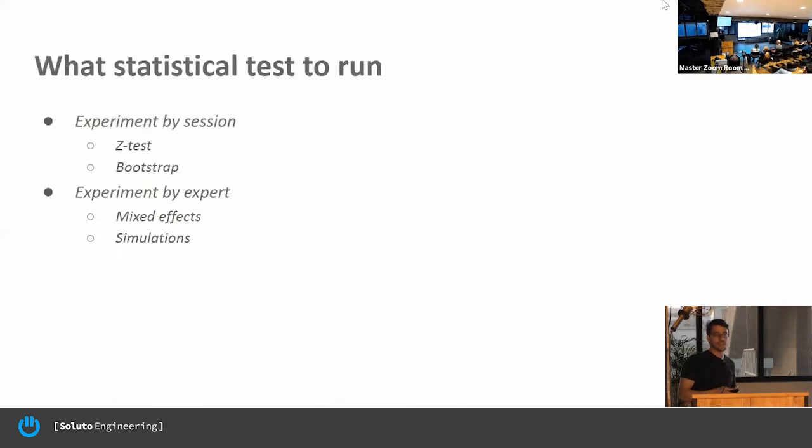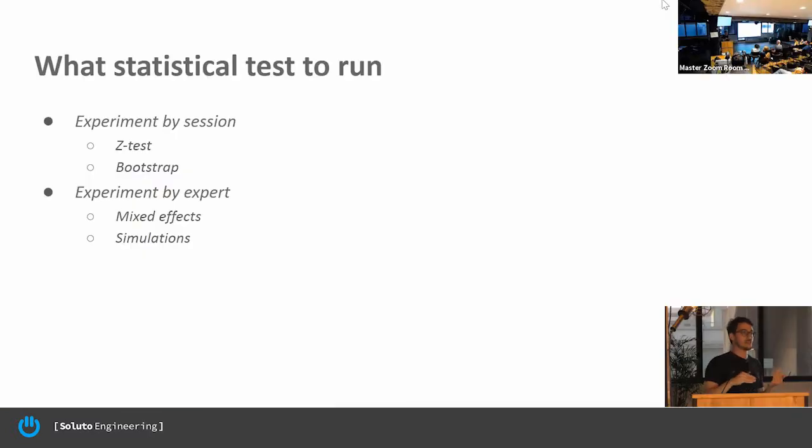What we did choose is, when we experiment by session, which introduced no issues since all the sessions are independent from each other, then whenever it's a binomial, we just went to the simple z-test, and we went to bootstrapping whenever the distribution is not binomial. Easy to take from a lot of different KPIs to others, so it was a relatively easy test to choose.